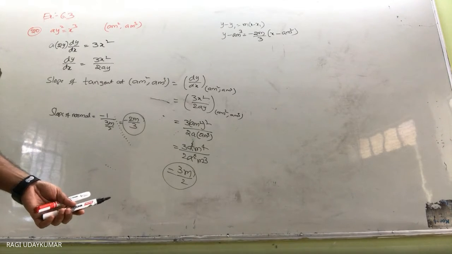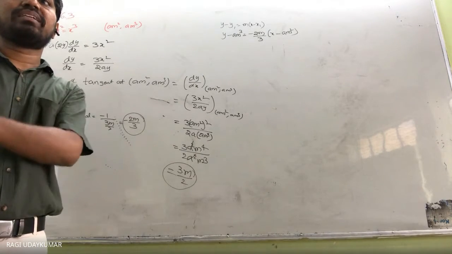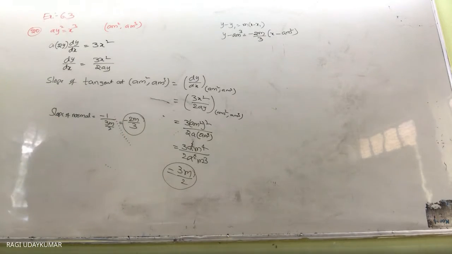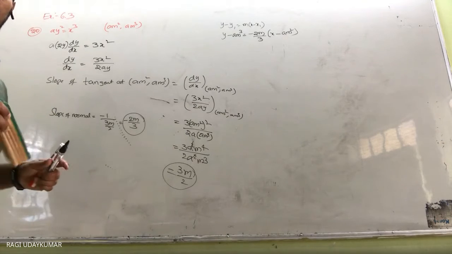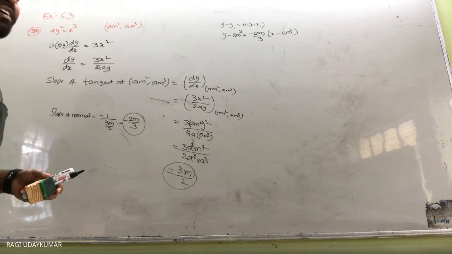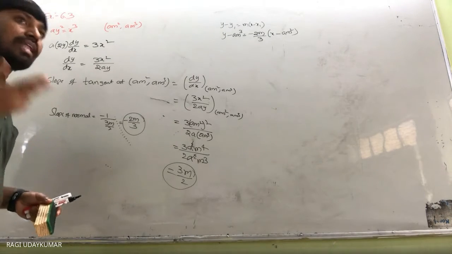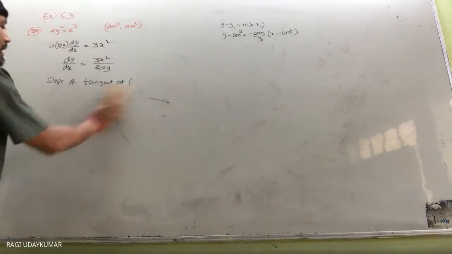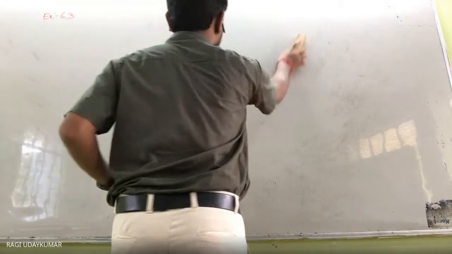Is it okay? 21st question, see here. Find the equation of the normal to the curve y equal to x cube plus 2x plus 6 which is parallel to the given line. It is very simple. The normal is parallel to the given line, so find the equation of the normal to the curve. Directly you can take it and find the slope here. The slope is given to you. Find the point, then find the equation.